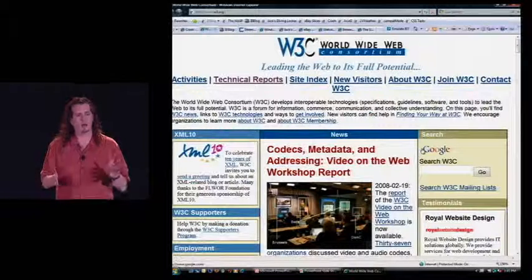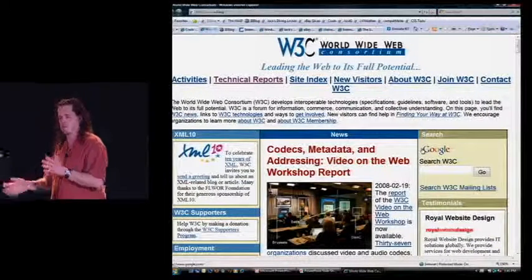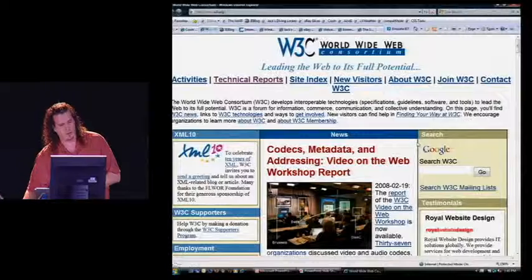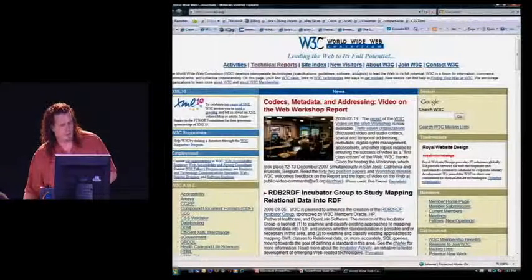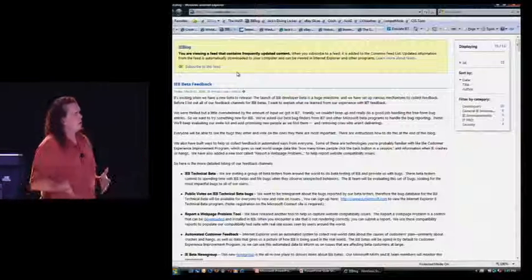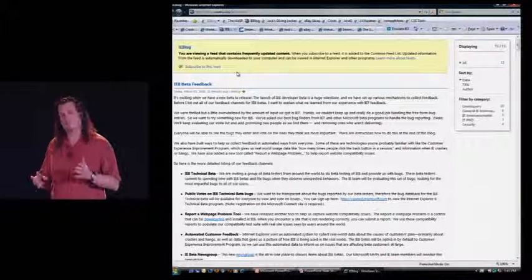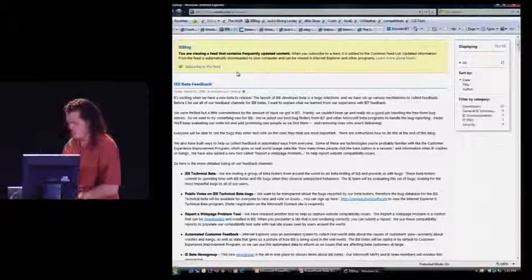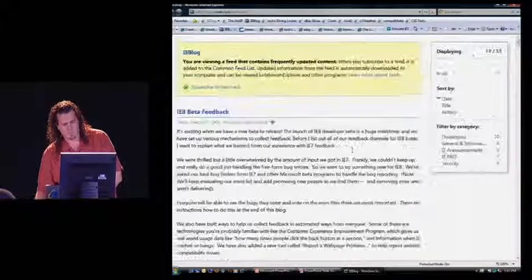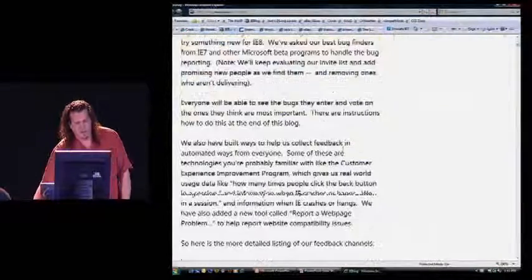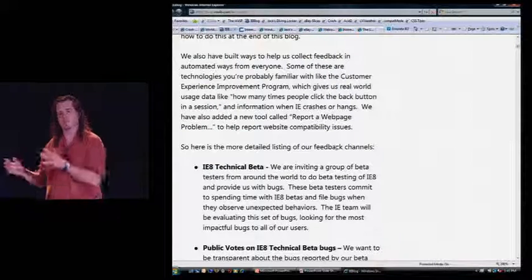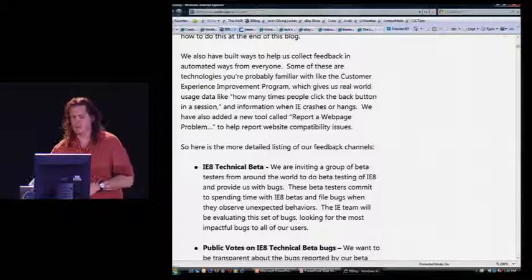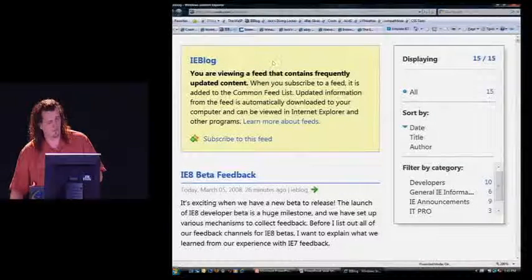So it reformats and still fits in the screen. You don't have to scroll all over the place. You don't have trouble like that. The great thing about this is that blog feeds are mostly textual, and they reformat really, really well. So if you zoom a blog, you actually have a much better experience than you did in IE7, when you'd have to scroll back and forth just to get to the little control panel over here.